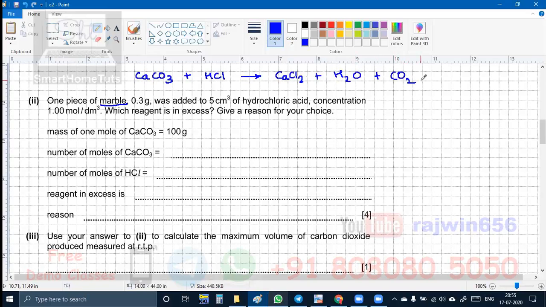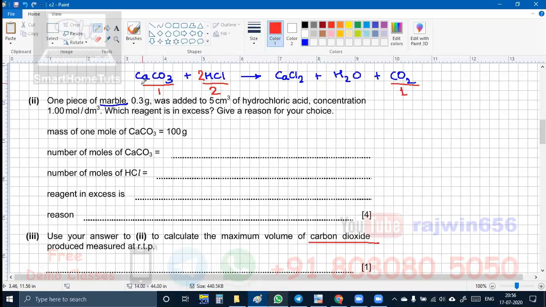I think the part which you have done is not correct. I will be solving it. You can just pay attention here in the meantime. Okay. Now this is the equation. The balancing of the equation is simple. You just have to make this 2 HCl. So the mole ratio of these three things is 1:2:1. Why have I taken CO2 also? Because they have asked about it over here. In the end, we are going to use it.